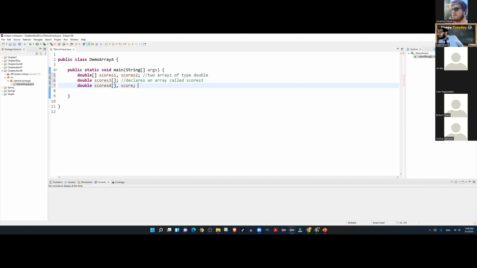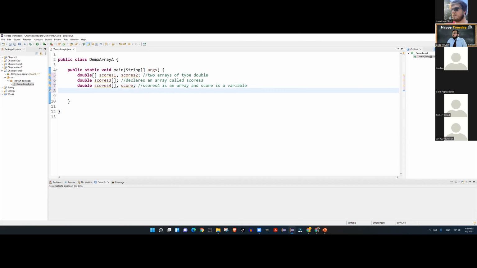Now on line number 7, what is the difference between scores4 and score? One is an array and one is just a double. Very good. So scores4 is an array and score is a variable.